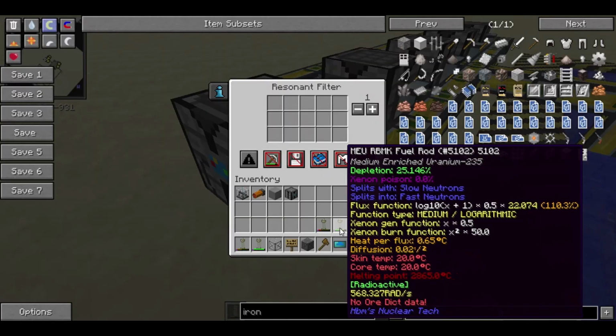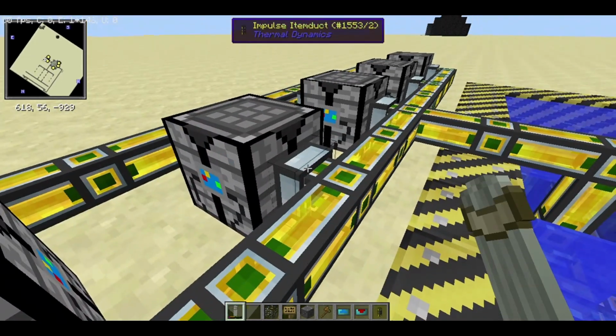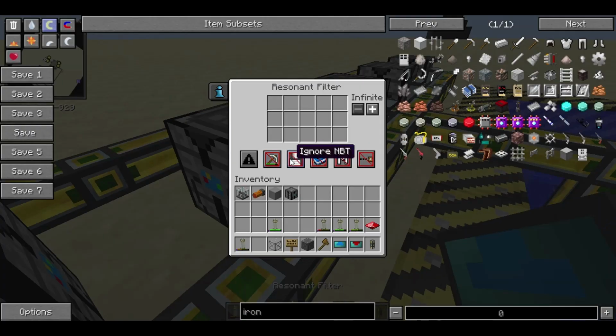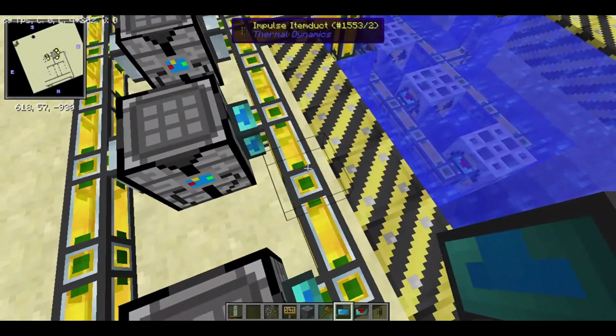And also place these as filters. So yeah, and place whitelist. So do the same for these ones. And basically what this will do is that